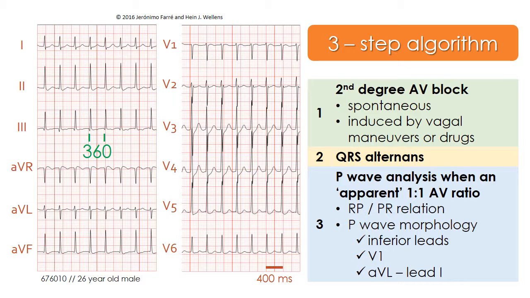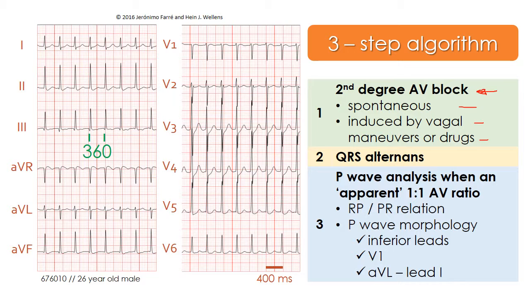The first step is the presence of second-degree atrioventricular block during tachycardia, either spontaneously or induced by either vagal maneuvers or drugs, such as adenosine or verapamil mainly, or diltiazem intravenously. In this case, we don't see second-degree atrioventricular block. It's true that still we don't have information regarding the effect of vagal maneuvers or drugs, but then we'll proceed